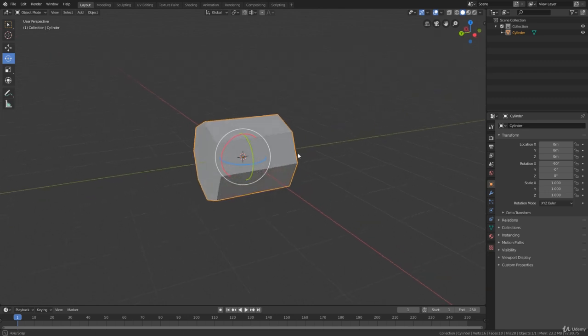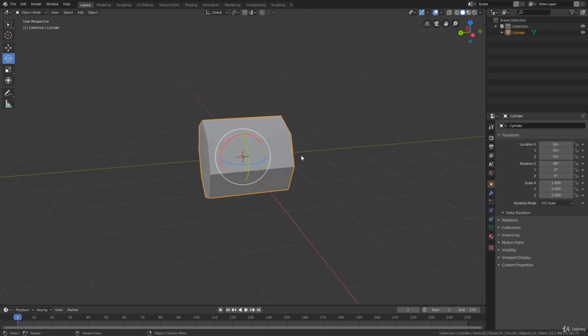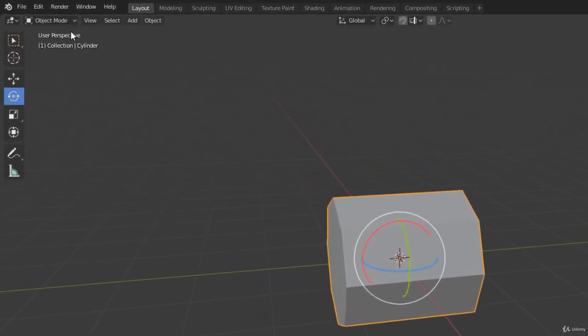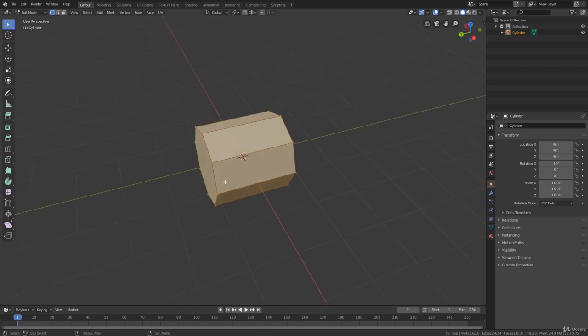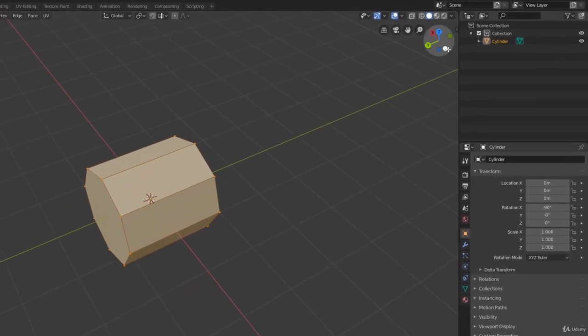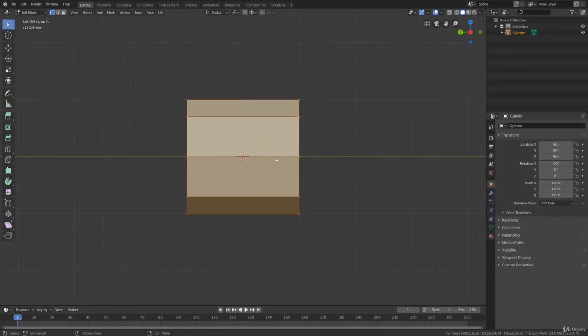And now we can enter the edit mode of the object so that we can model the airplane. To do this, I'm going to click here in the interaction mode menu in the upper left corner of the 3D view and click on the edit mode. The first thing I'm going to do is to adjust the proportion of the cylinder. To do this, I can click on this red ball here to position the 3D view in the side view,